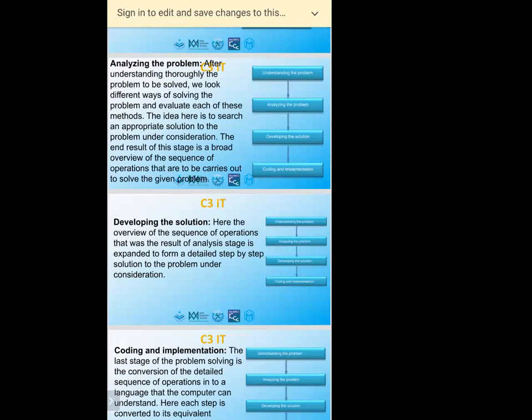Then developing the solution. What is developing the solution? So take a paper and pen and draw the plan of your house. Okay, draw the plan of that house and estimate how it is coming. Okay, so what the final house is going to be like, using computer software you can make it, and before making the building you will know how it's going to come. So that is called which one?